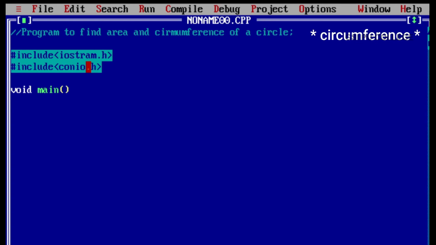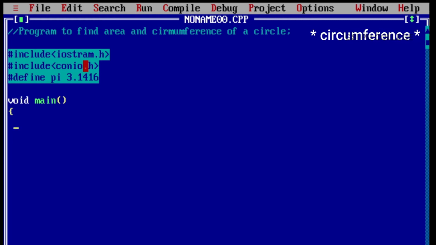And here in this example we have to make use of a constant called pi, because the area of a circle formula is A equals pi r squared. So that pi we can declare under the definition section with the reserved word hash define. Here hash define, variable is pi, value is 3.1416.